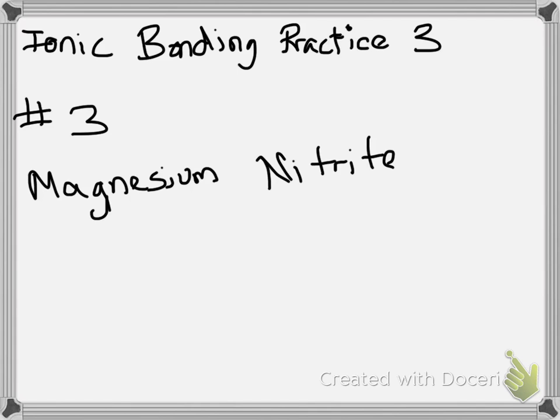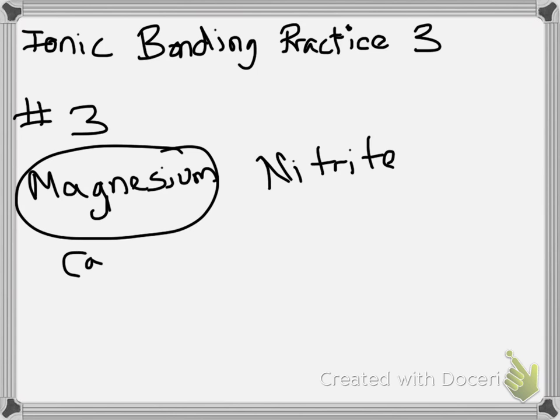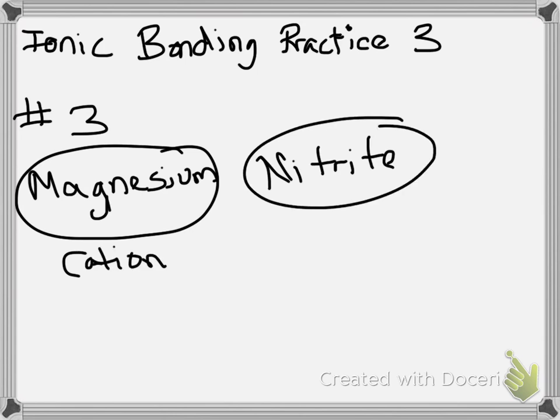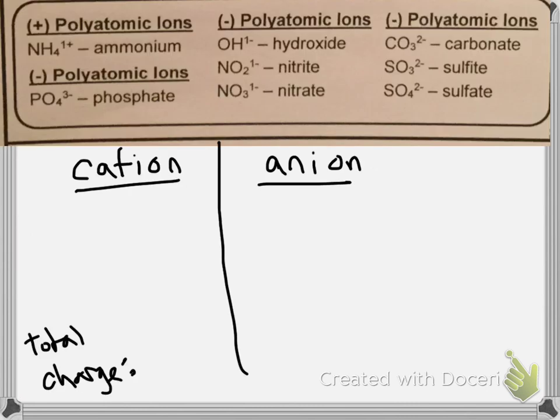magnesium nitrite. So the first thing we need to do is identify our cation, and hopefully by now you recognize that the cation always comes first, and the anion comes second. And notice that it's not nitride, it's nitrite. So we're going to have to look at our polyatomic ions chart, and here is nitrite right here. Nitrite does have a -1 charge, so that is our anion, NO2 1-, is our anion, and the